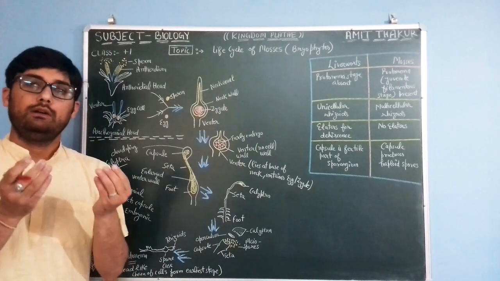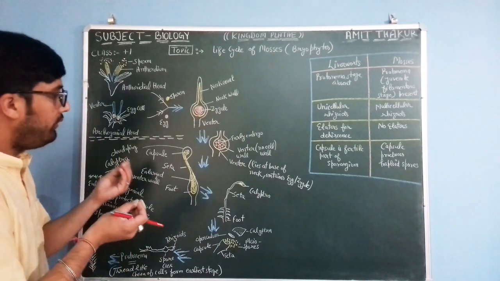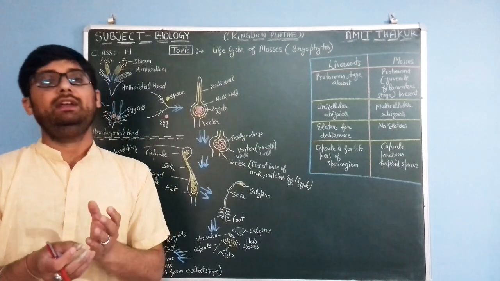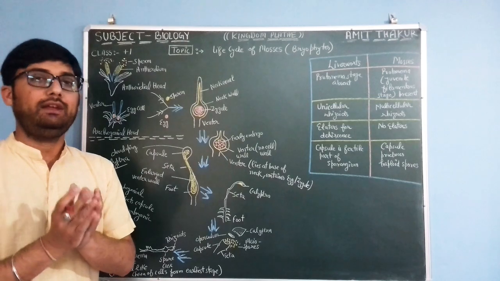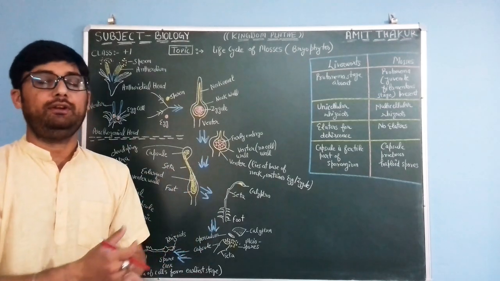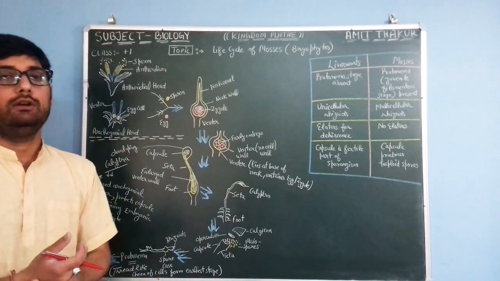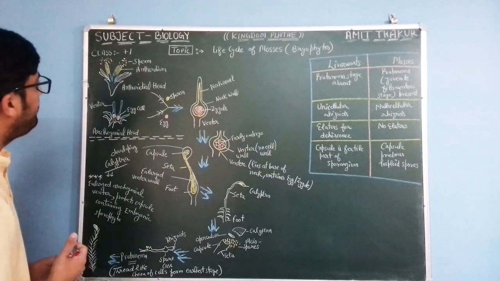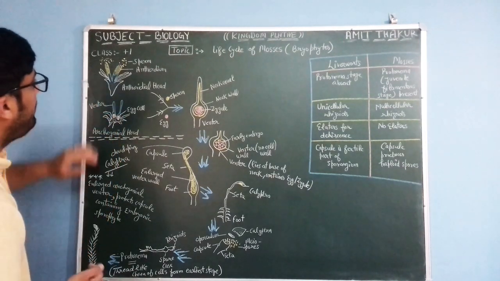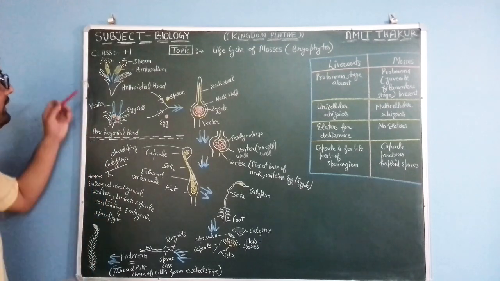Out of them, gametophytic phase is the predominant phase, and sporophytic phase is dependent on gametophytic phase for stability and for water. So in the life cycle of mosses, this is the gametophytic body, and here you can see